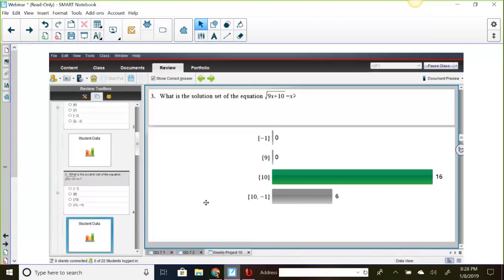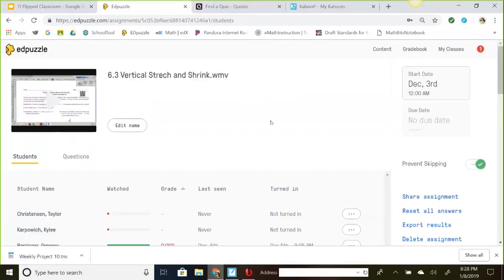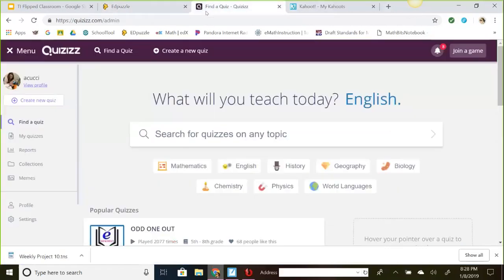So besides using Navigator and using Live Presenter in the classroom, I do like to use 2 different platforms, which make it fun. The first one I wanted to talk to you about is Quizzes. Or maybe I'm saying that wrong. I could be saying it completely wrong. I'm going to say Quizzes. I don't know, we're going to roll with it. So this is an awesome site. And the reason it's so awesome is because the kids don't need me to use it. When my students say, Mrs.